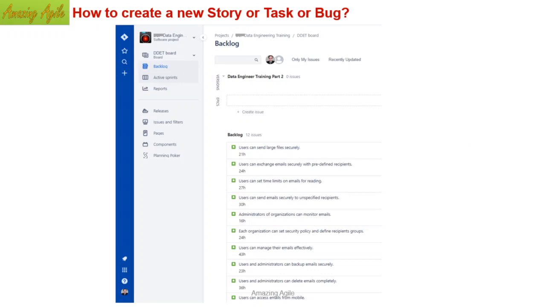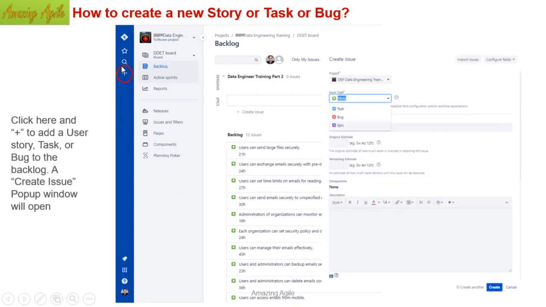Next, how to create a new story. A new story can be created by clicking this button. Once you click the button, a new pop-up window will come up. If you see the drop-down box: epic, bug, task, and story. These are all different icons, and by seeing the icon, you can identify what you want to make. I want to give you a quick intro about it. Story means the small and manageable user stories, which you already know and have learned during the course of the Scrum.